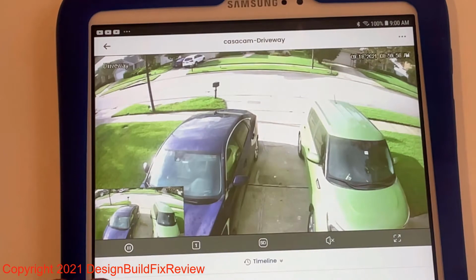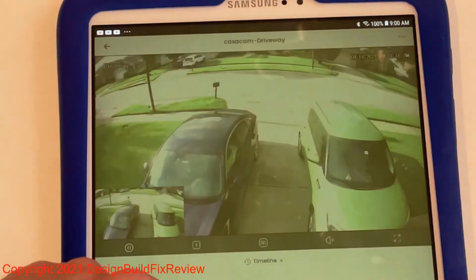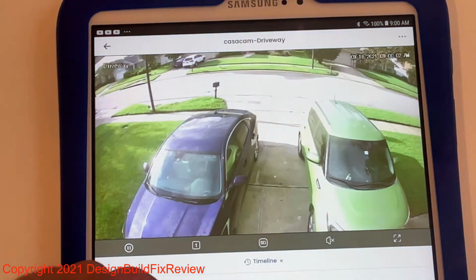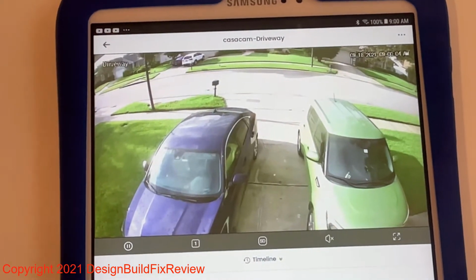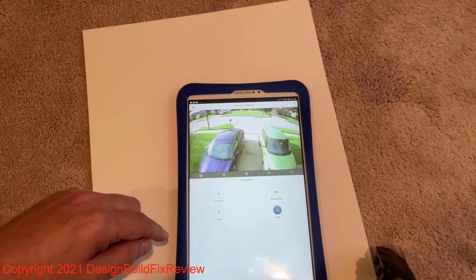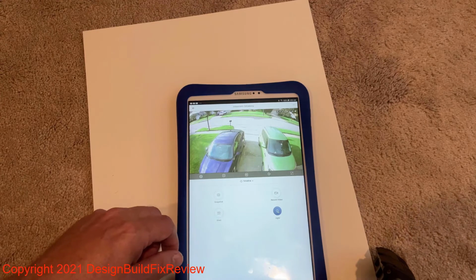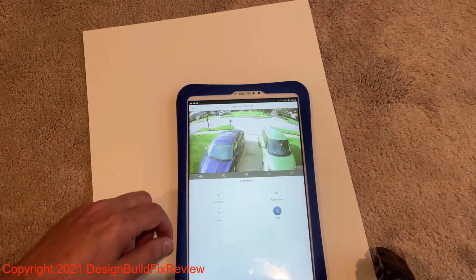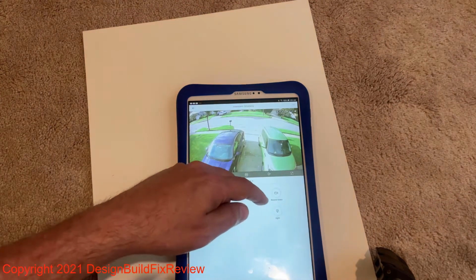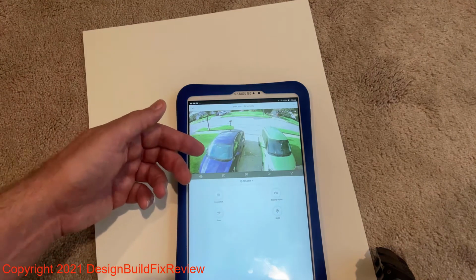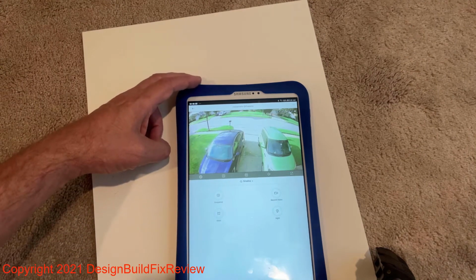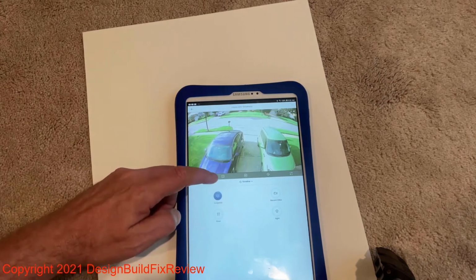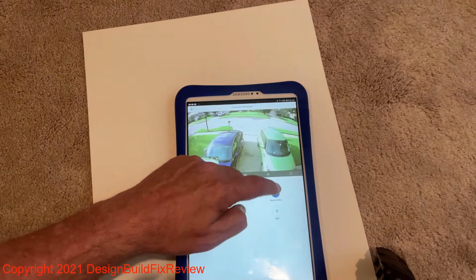You can actually turn the light on the camera, which you won't be able to see now because it's on. It shows down here. So the light was on. It stays on for a certain amount of time depending on what you have on your system. But the snapshot is here. Record video is here.